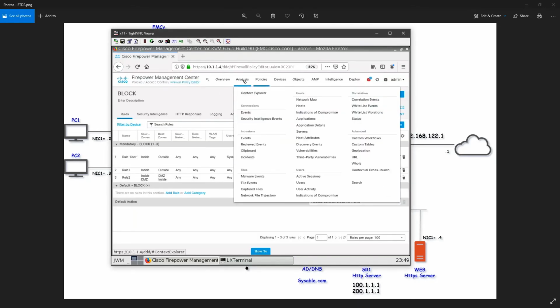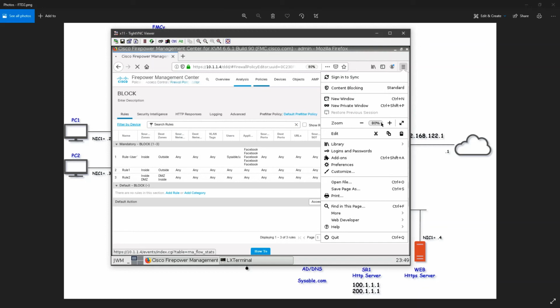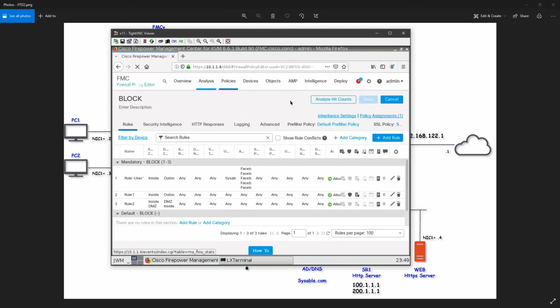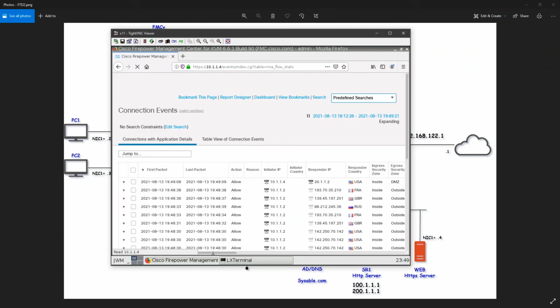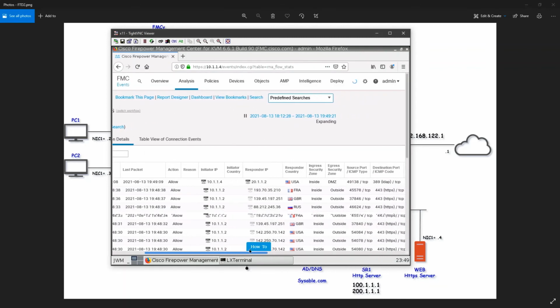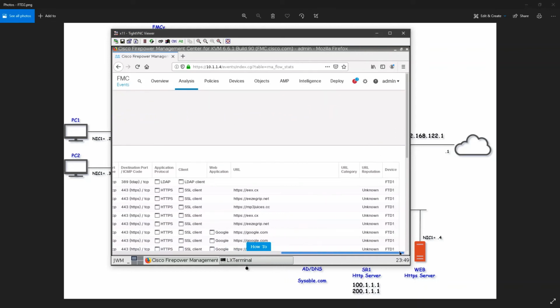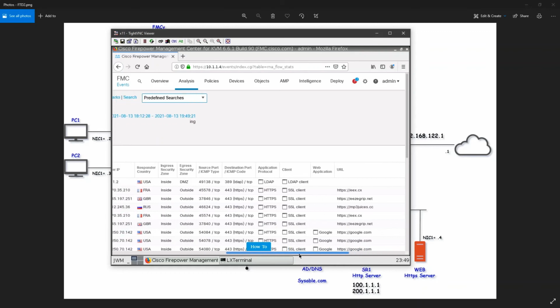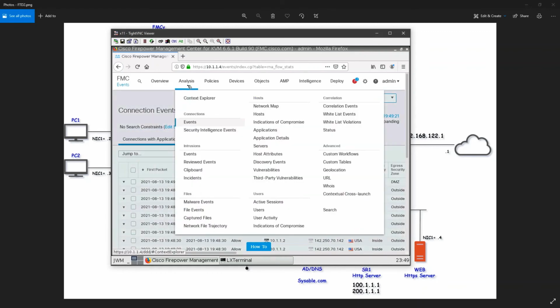So what I can do is go to my analysis, and if I go to my events here, let's have a look at my events. Let's see whether it is showing that traffic is being decrypted and resigned. Right, so where we can see analysis.